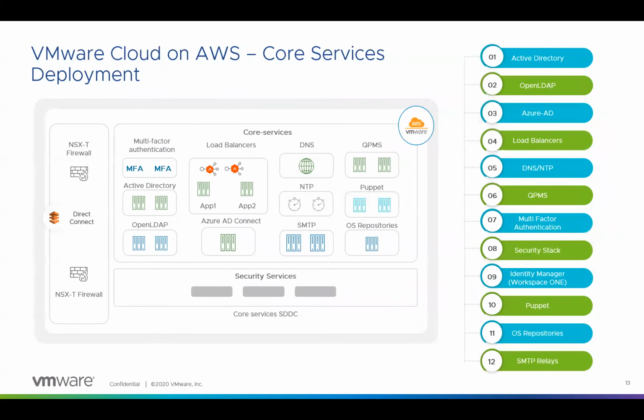Now let's talk about the core services in more detail. The core services are generally very critical and the application's performance depends on the response time for these core services. So in this scenario, we had a requirement for providing connectivity to Active Directory, DNS, NTP, and so on. All these core services are generally hosted on-prem. What I mean by that is if we deploy an SDDC in the public cloud and we want to rely on these core services, we would have to traverse over either site-to-site VPN or Direct Connect to go to on-prem.